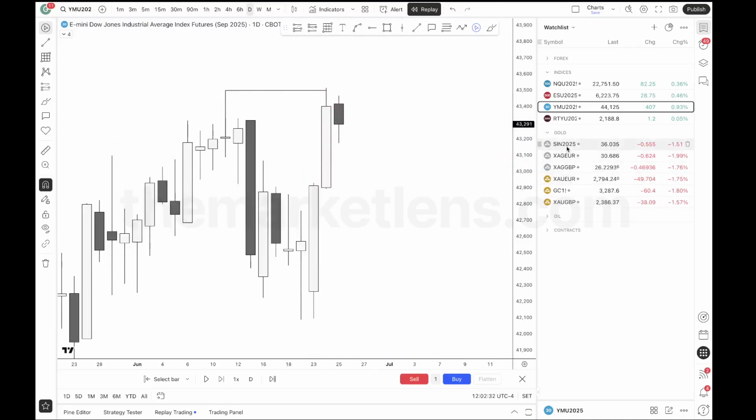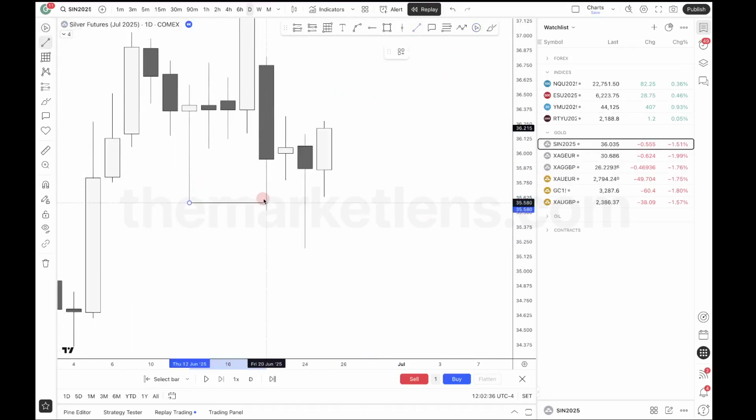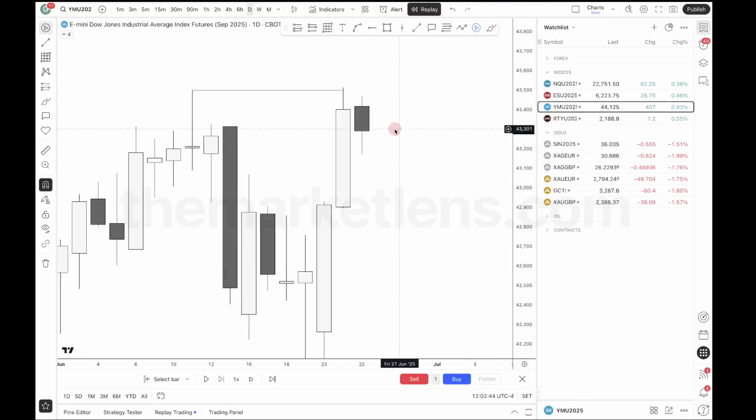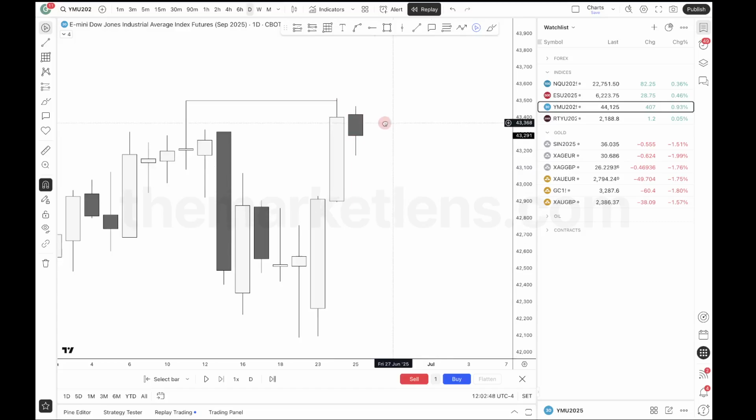If I go back to silver, for example, exactly what we're seeing here, right? You trade into a high after a big expansion range. Look at that small range candle, right? This is a consolidation signature. So when you expand into an external high, you get consolidation. Typically that means that you'll expand again, right? Because consolidation is not a reversal signature.